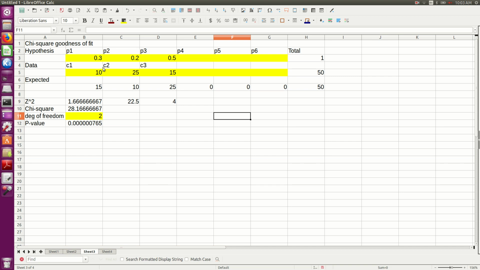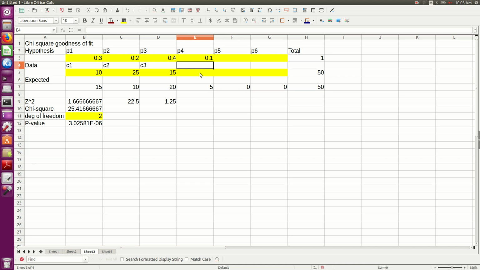You can extend that template I showed you to any size goodness of fit. So here I did it for 6 columns, and notice that if I make it for 6 columns but I only use 3, I just leave these blank here. And now notice I made the degrees of freedom yellow because that will have to change if I begin adding things here. So maybe we make this a 0.4 and that a 0.1. So now they add up to 1 again,